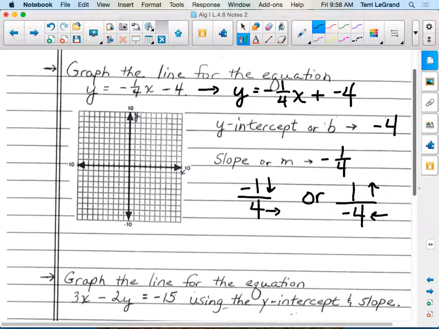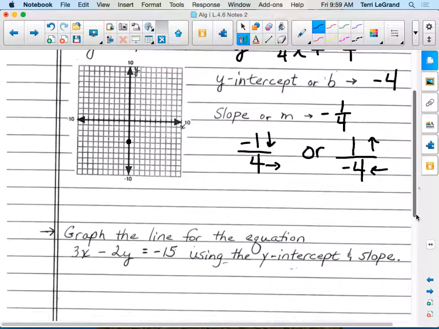So the first point on the graph is going to go at -4 on the y-axis. From that, we're going to make 2 more points, preferably going in 2 different directions. Sometimes you have to go in the same direction twice, that's okay. But if the coordinate plane supports it, I would like you to be using both ways. So I can go down 1 and right 4, or I can go up 1 from the y-intercept and left 4. When I'm done